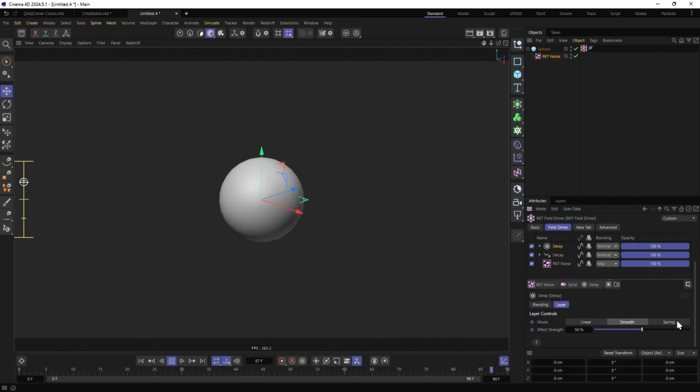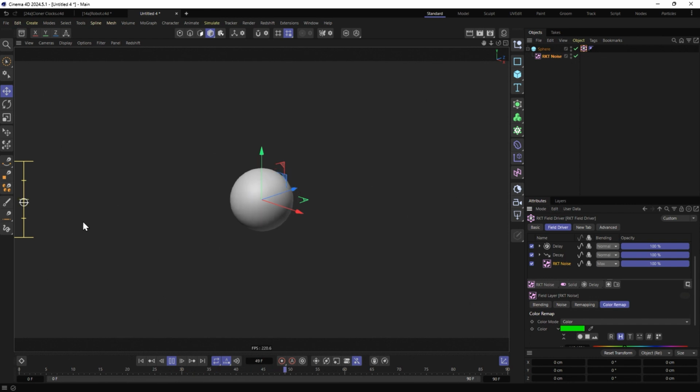But then this one will probably work well even with that decay. With some more delay, set to spring, it'll make that pretty mild. And now you can see that our crazy Luka noise has been calmed down quite a bit. We're getting a completely different type of motion going. So that can be pretty exciting. I like the way that all of these different things combine. That is currently driving our